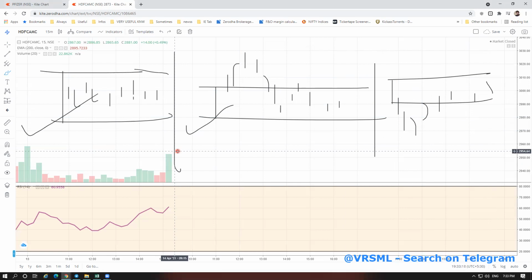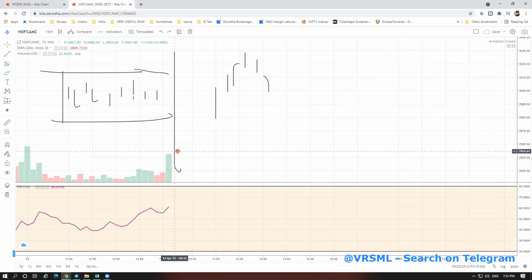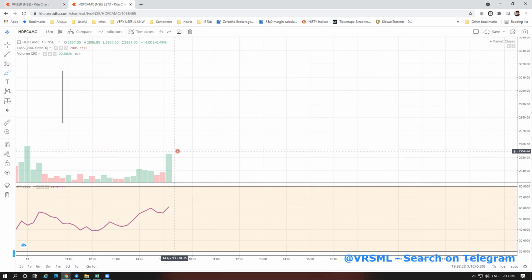If I find any stock which has good potential, I will take this stock for intraday also. So how to find this stock? There is an easy scanner available for you. You have to just run it before the day. If you want to trade a stock tomorrow, run it today. I will share all the screener links.